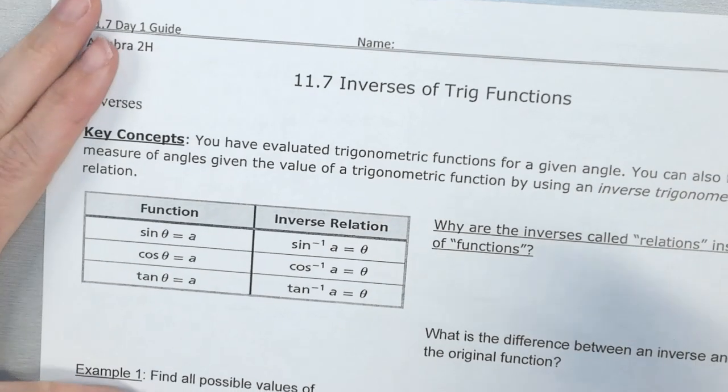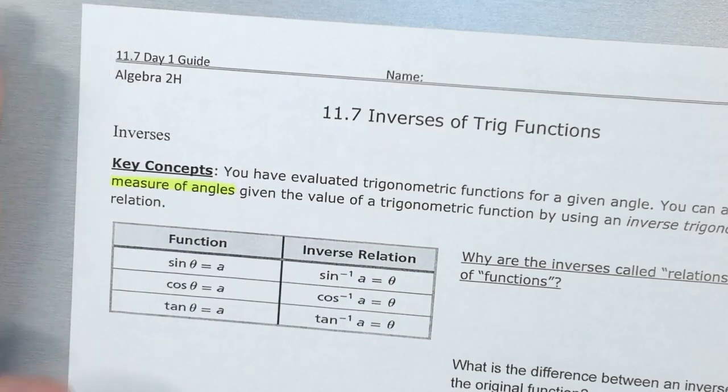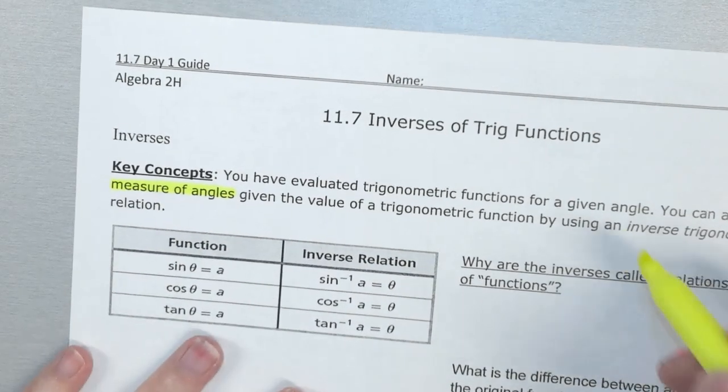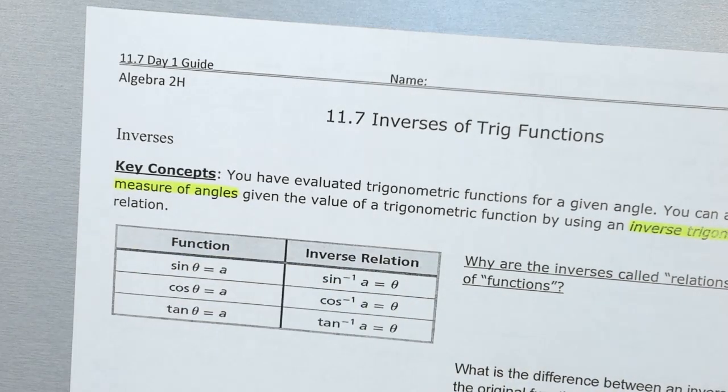You can also find the measure of angles given the value of a trig function by using the inverse trigonometrical relations. So before, your input was an angle, and now our output is going to